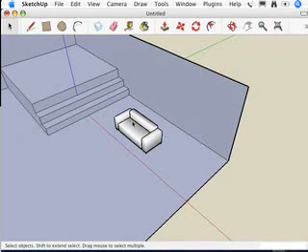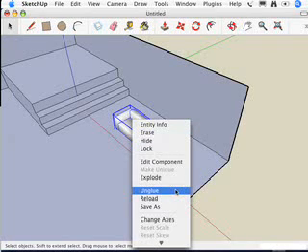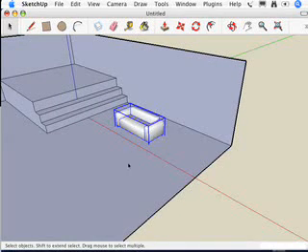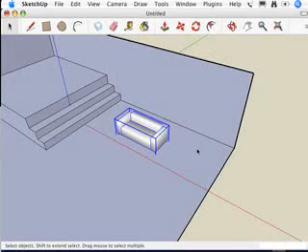So watch what happens if I right-click on this. I'm going to right-click on the sofa, and I'm going to see this little option right here in the pop-up menu called Unglue. Now if I choose that, Unglue, what I've done is I've unglued this couch from the surface it was glued to. Glue is kind of a funny term because you'd think if it was glued it wouldn't be able to move at all. But a glued component is really just glued to the plane that it was on